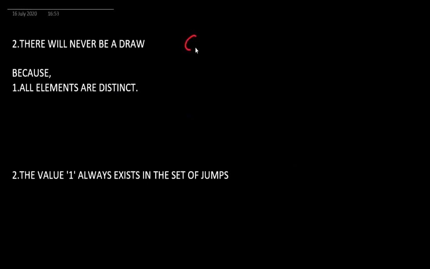Okay, so the second observation that we can make is that the game will never end in a draw. So either Chef wins this game or Gary wins the game. That is, we always have a decisive winner. Now, there are 2 points which support this statement. First of all, the elements in the stack are distinct. As I had discussed during the constraints, this point is very, very important in forming our approach to the solution.